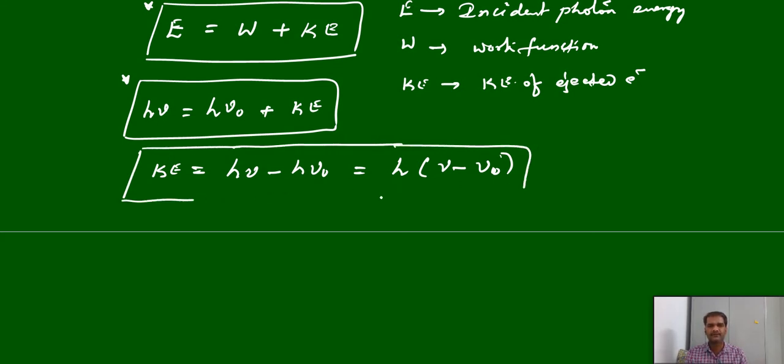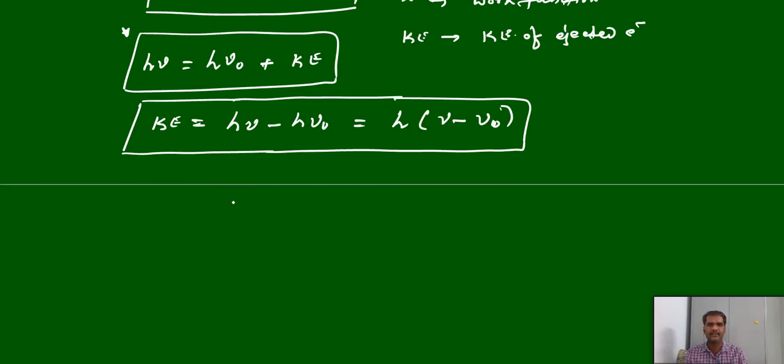See, your formula is only one formula, better to remember, and you extend the formulas according to the requirement. Don't feel that formulas are increasing again. Sometimes instead of frequency they may give the wavelength values. Then what you have to do? If that data is given in terms of wavelength, then we know that in place of frequency you write the wavelength. Then kinetic energy, h nu means c by lambda.